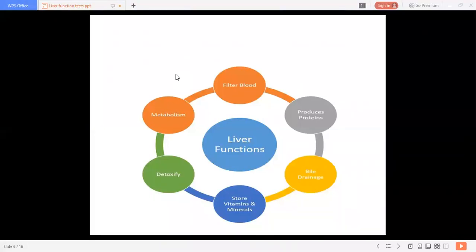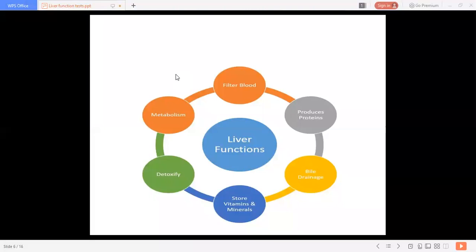Now the third part is still remaining, that is determination of biosynthesis capacity of the liver. It involves determining levels of the proteins synthesized by the liver. This third test is for determination of biosynthesis capacity, that is the proteins synthesized by the liver. So this includes serum albumin, then alpha-1 antitrypsin and prothrombin. Now, the first is serum proteins.